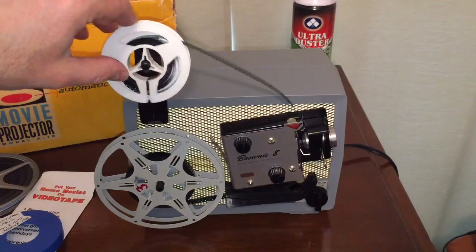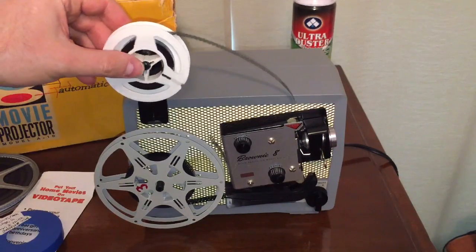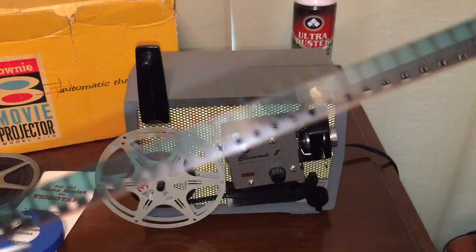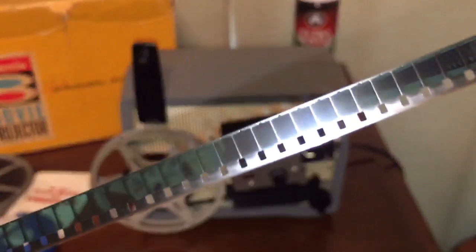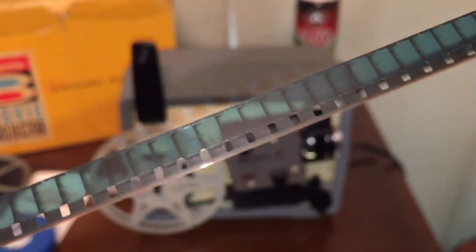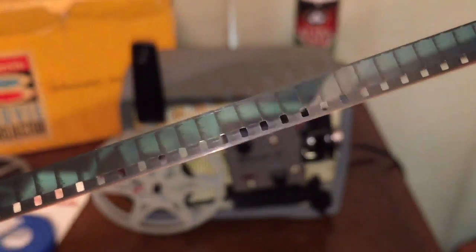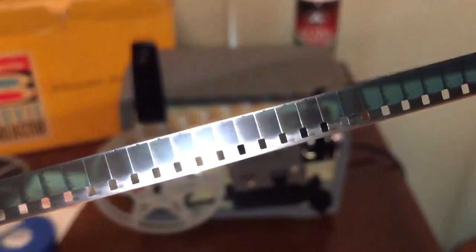And there were two kinds of 8mm film. There was regular 8 and Super 8. And this was the first incarnation of 8. Let me show you the film a little bit close up here. See it, it has very large sprocket holes on it. And this film is essentially 16mm film that has been split in half. So the reel that you would get your film on looked like 16mm film. It was a little wide spool of film